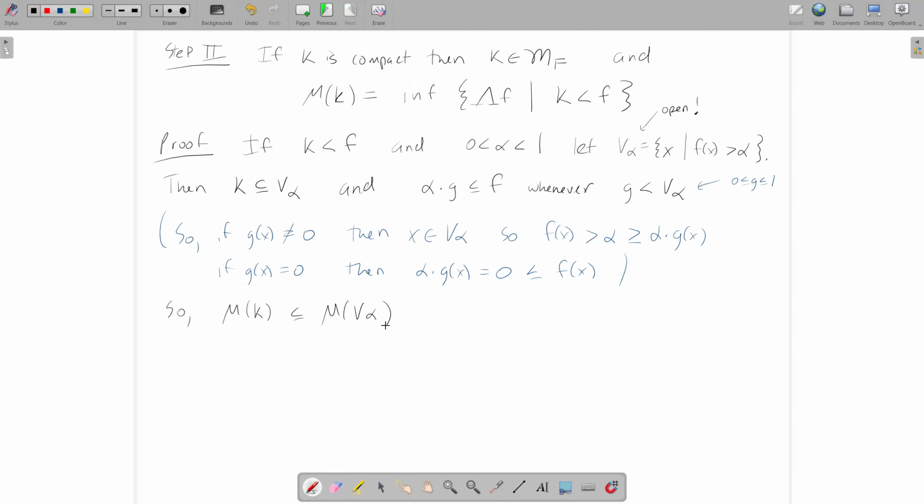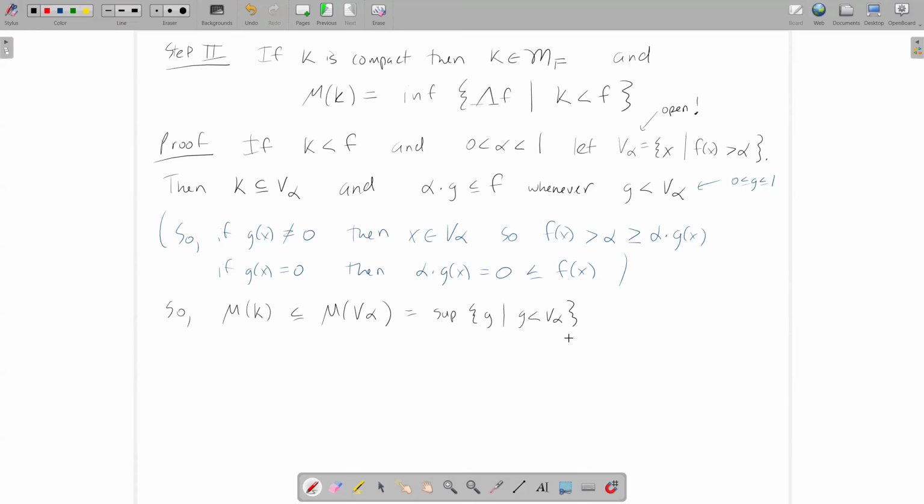Okay. And that's just because K is a subset of V alpha. Now, V alpha is open, so this is equal to the supremum of all g's, so that g is less than V alpha. Okay,